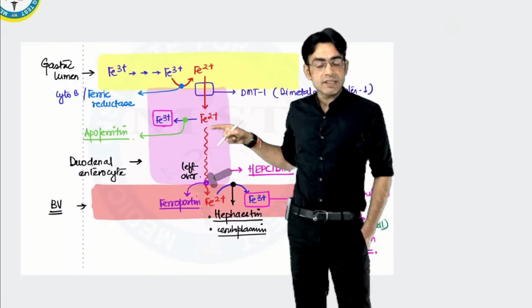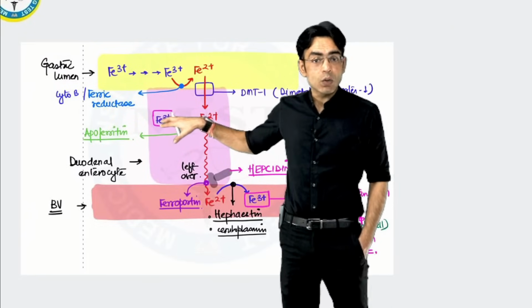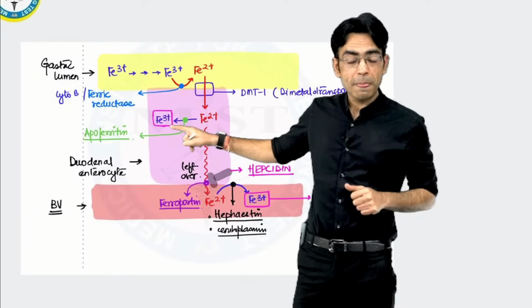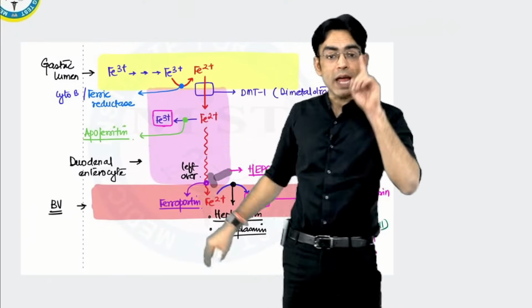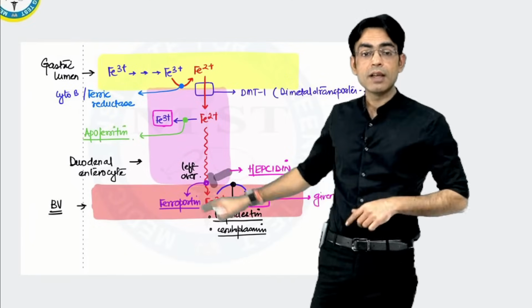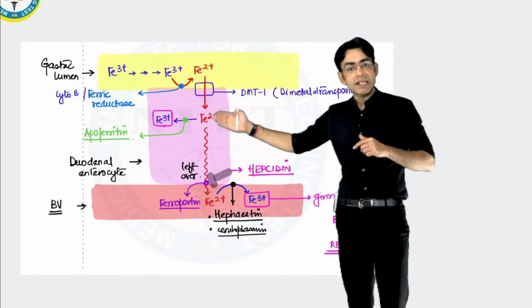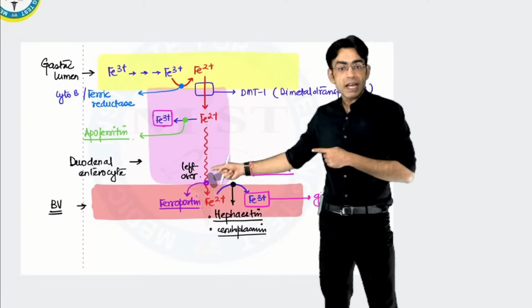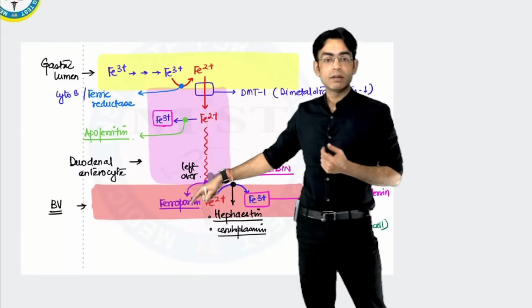You took the ferrous inside. Whatever is required for storage will be converted back into Fe3+, because storage form kya hai chotu? Storage form is Fe3+. So you will be converting back this into Fe3+ by the help of which molecule? Apoferritin. Exam question hai ye. Apoferritin se hota hai. And the rest, extra, Fe2+, it comes back into the blood. अब ये blood में आ गया बेटा. ये Fe2+ blood में कैसे आएगा? Who is taking it? By the molecule ferroportin. Port कर रहे हो ना आप?